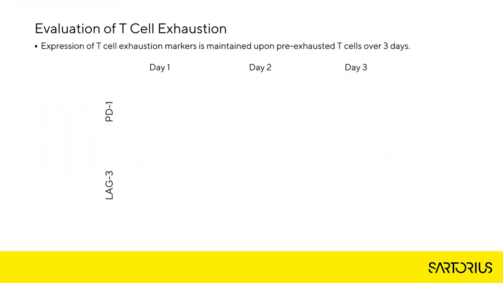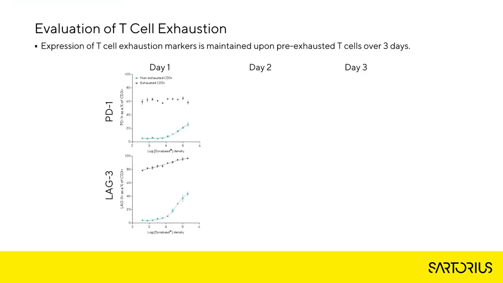The same repeat stimulation was used to pre-exhaust CD3 positive cells in this assay. Non-exhausted cells from the same donor were used as a comparison here. The cells were plated in well and treated once on day 0 with a dose response of Dynabeads CD3/CD28. A 10 microliter sample was taken on 3 sequential days from the same plate and analysed for expression of exhaustion markers and cytokines. On day 1, 60% of exhausted cells express PD1 irrespective of the concentration of Dynabeads used